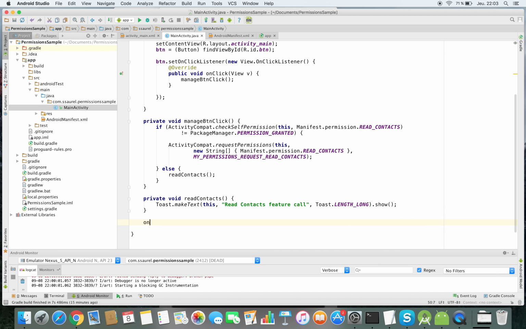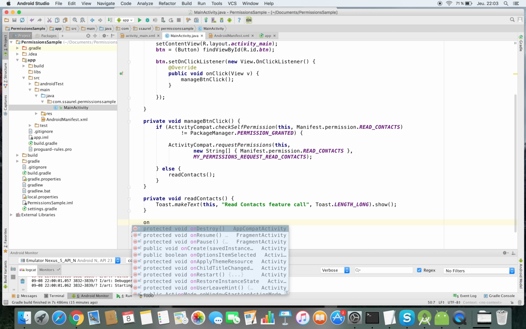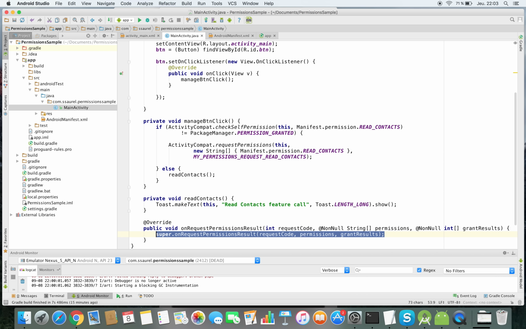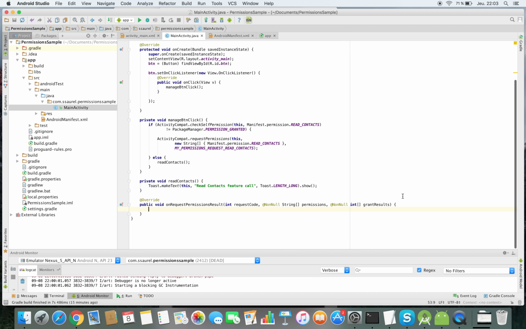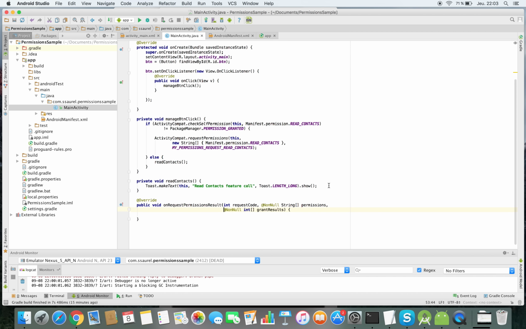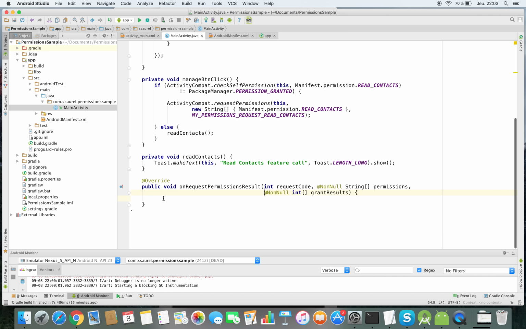Now you need to handle the permissions request response by overriding the onRequestPermissionsResult method. Check the request code that must be equal to MY_PERMISSIONS_REQUEST_READ_CONTACT request code.